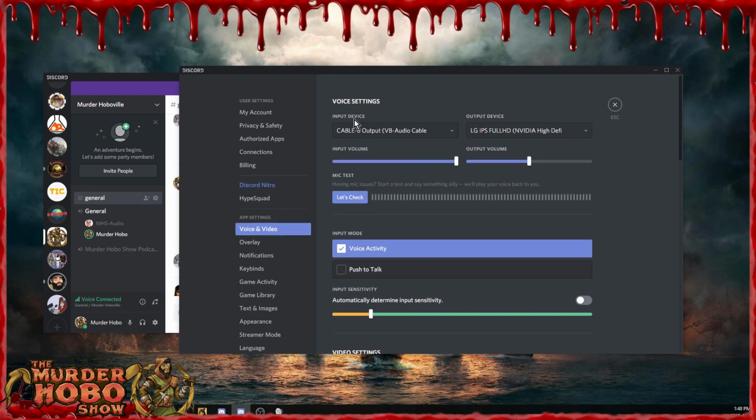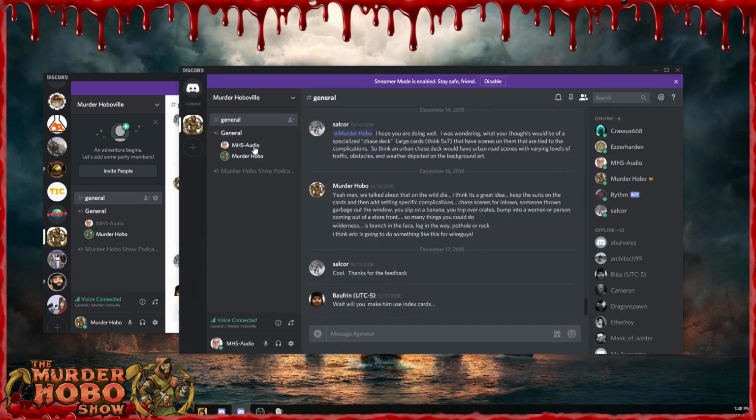It's a weird audio engineering thing, because the input in Discord is actually the output of Syrinscape. It's a twist, but it's something audio engineers commonly know: the output of one device can be the input of another. So you set this to cable B output, which is the input from Syrinscape, and the only thing that the audio guy, which is this guy here, is going to play is whatever I tell it to play inside of Syrinscape. You can check it: if I turn off third-party app integration and hit close on this,